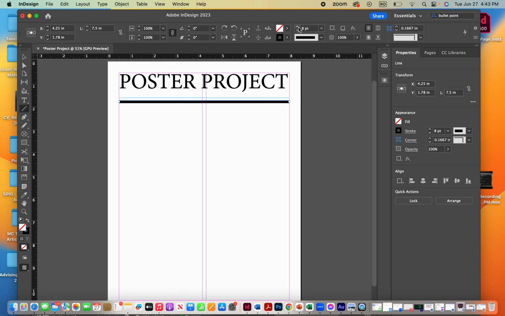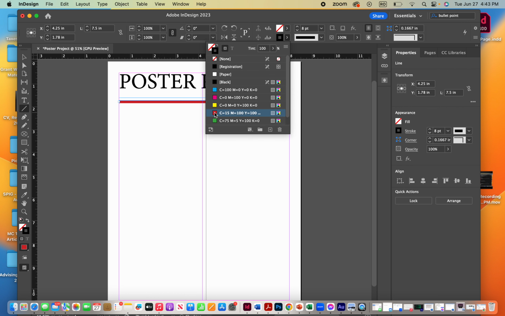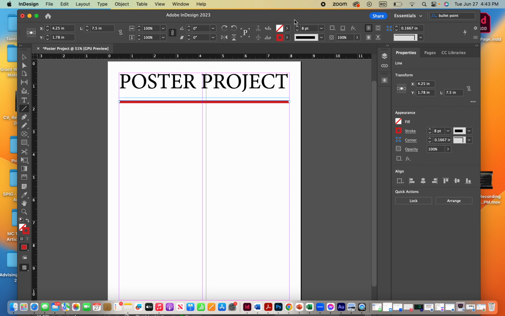I'm going to click 8 point within my control panel. I can change the color of my stroke or of the line that I have by going to the control panel right here. You have in the middle the fill option and then the stroke option. Now, if I want to make changes to this